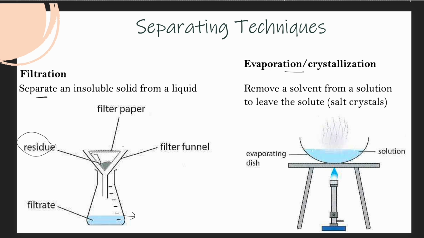Next, evaporation and recrystallization. Okay. If a solution of sodium chloride is heated, water will evaporate or boil off to leave solid sodium chloride. So evaporation of the solvent can be used to obtain a solute from a solution. The solute is the salt crystal, and the solution is the salt solution, right? If larger crystals are required, only some of the water should be boiled off, then the solution should be left to crystallize. Right, first, when you evaporate the water,